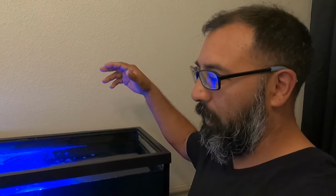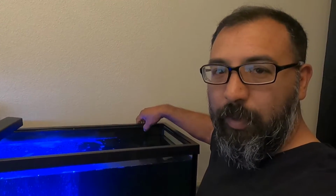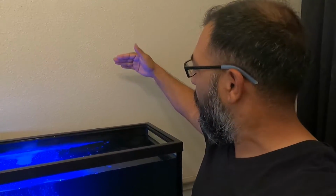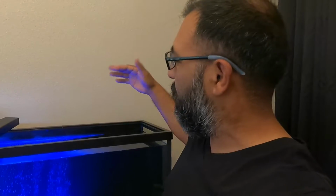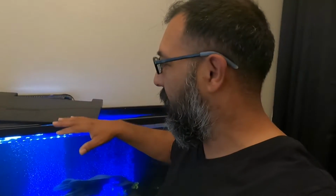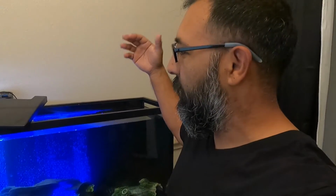Now what I'm trying to think, because I've been looking online and I've seen some light clamps or light extension arms, but they run about 80 bucks or so. So I'm thinking of buying some clamps that would clamp on the rim back here, maybe one here, with an extension maybe about a foot up, and just where it 90-degree angles out this way. And it's just going to be a very basic setup. So once they angle out, I'll be able to rest the top on top. I don't know if that's going to work or not, but I just need these tops to be out of the way. That way, if I need to access any of the decorations or take fish out, I still have the light,